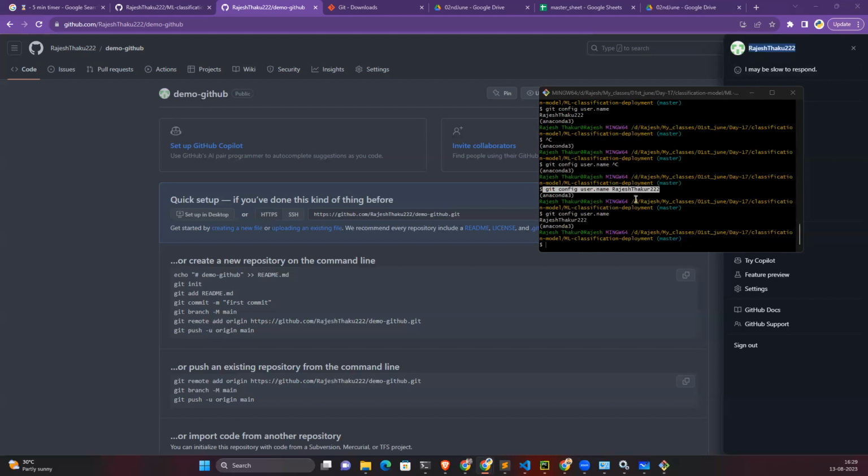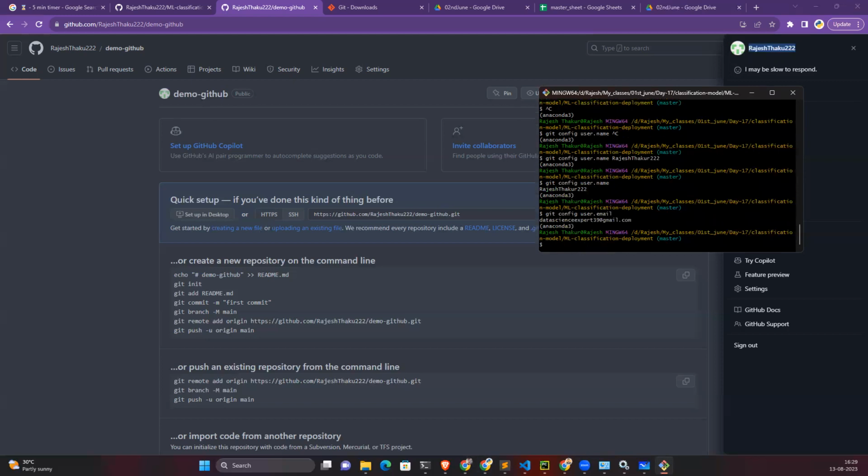And next, what to do? You have to configure your mail ID as well. So how to do it? Git config. First, check what email is showing. Git config user.email. You must see your email ID. In my case, my email ID is showing. But in your case, you should see the email ID with which you logged in to GitHub. If it is not showing, then there is a problem. Then I will tell you what to do.